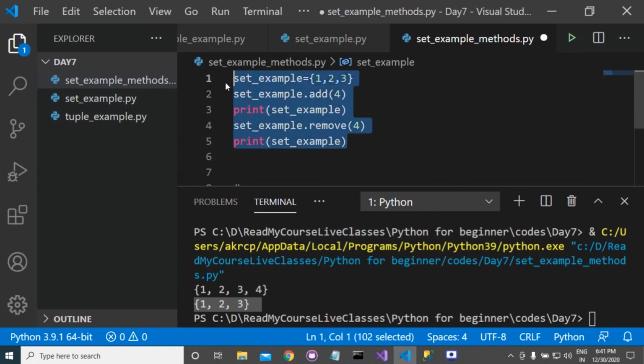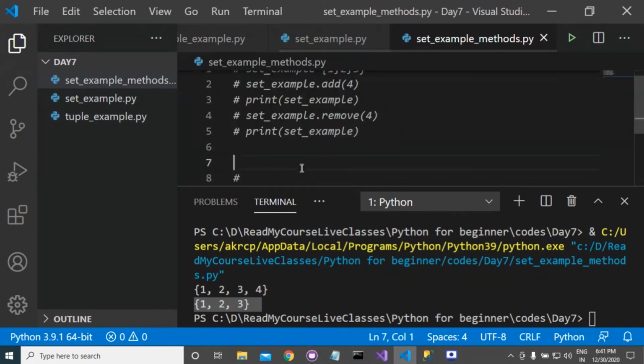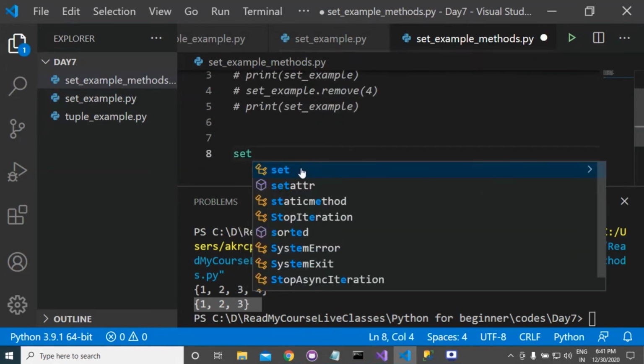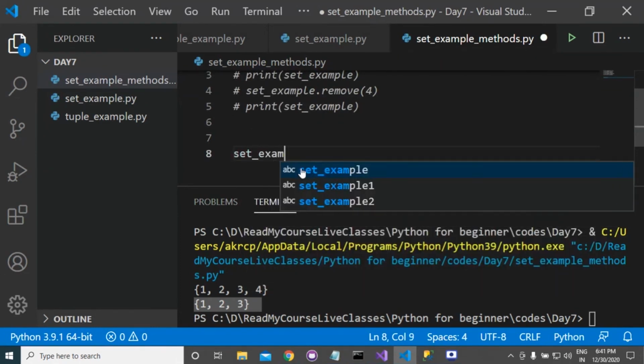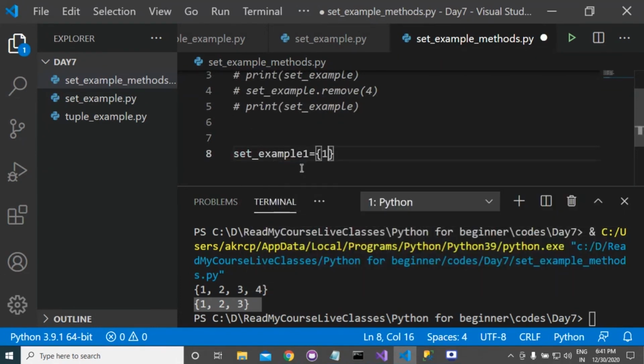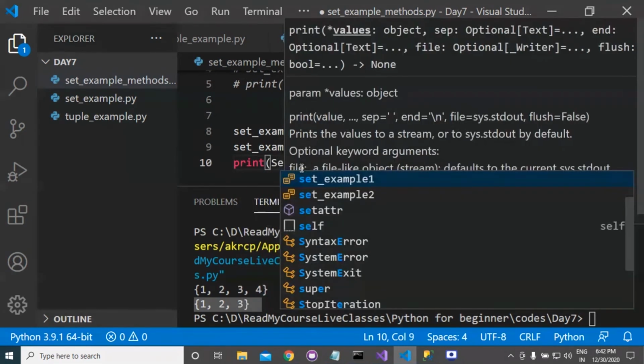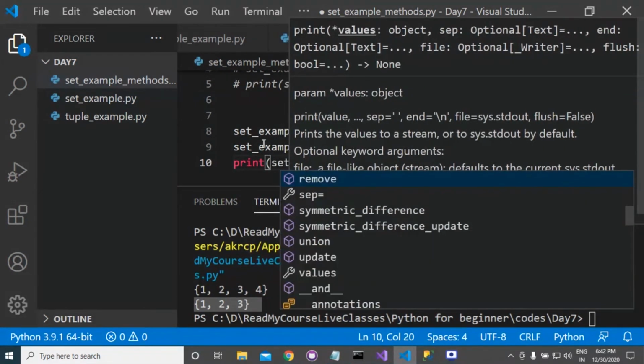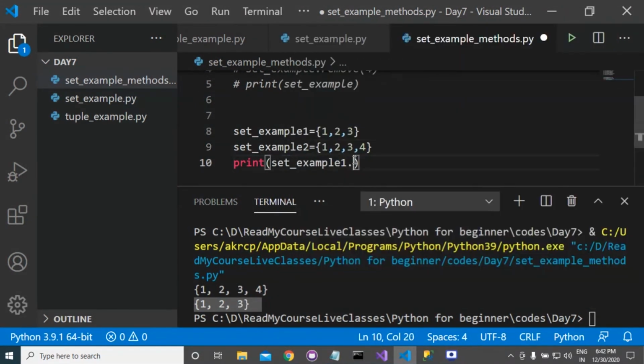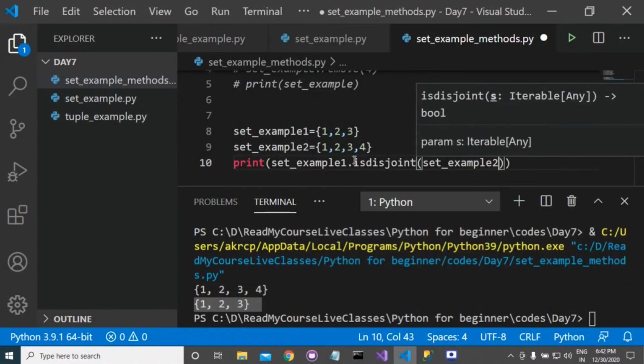Now suppose that we have two sets. Set example 1 is equal to {1, 2, 3} and set example 2 is equal to {1, 2, 3, 4}. And if you print set example 1 dot isdisjoint set example 2.